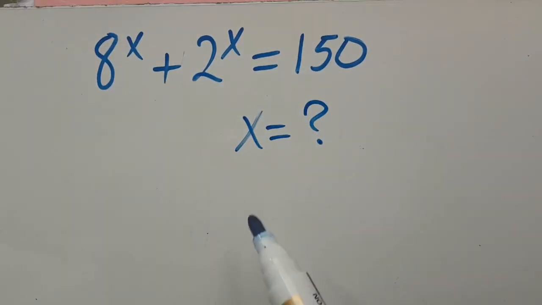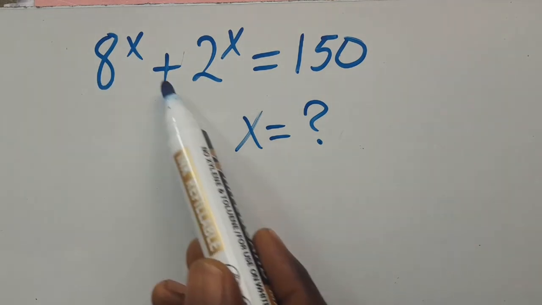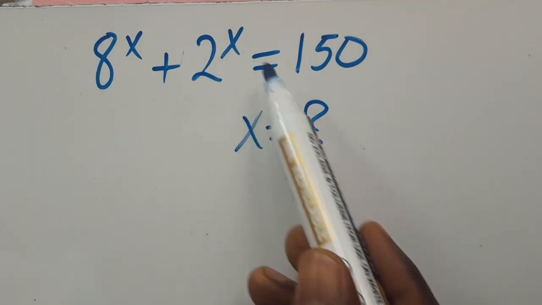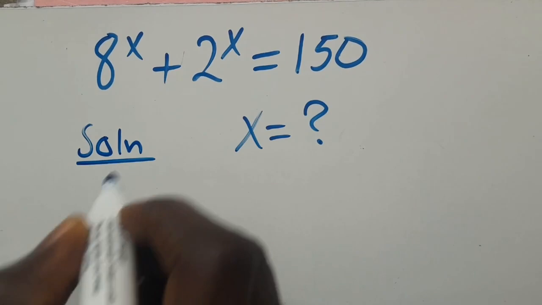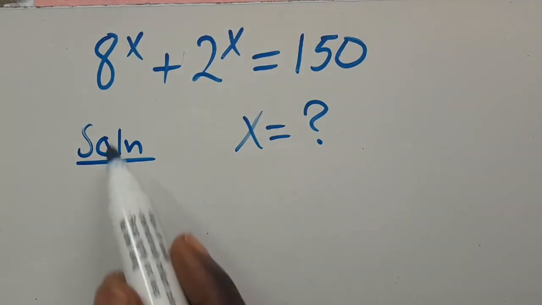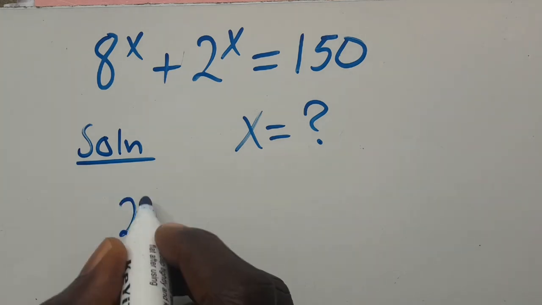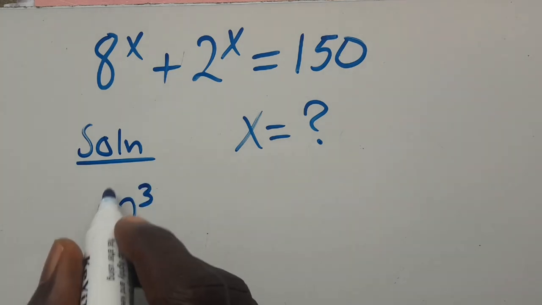Hi, what is the value of x given that 8 to the power of x plus 2 to the power of x equals 150? Then let's have it to be the solution. From here, let's write this 8 in base 2 as 2 to the power of 3, then all in brackets